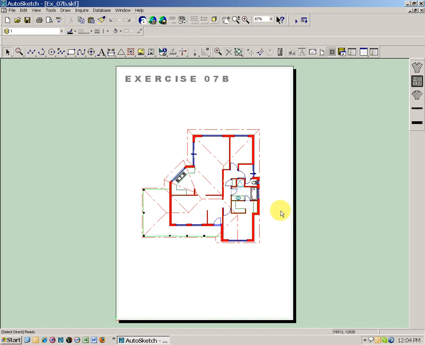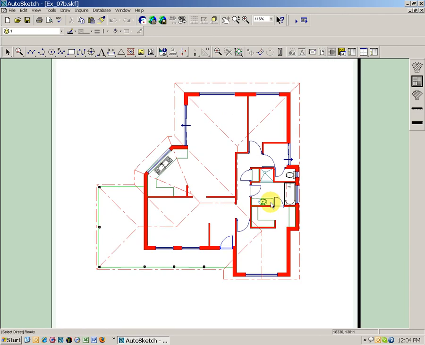Exercise 7b, this is using version 8 of AutoSketch, which would be the same for the lesser version 6 and 7. There'll also be another AVI for version 9, which is slightly different in the way that the layers work. But in this exercise we're going to take an existing house plan and put some of the layers into the background, turn some off, and then create a new layer to draw over the top as if it was a